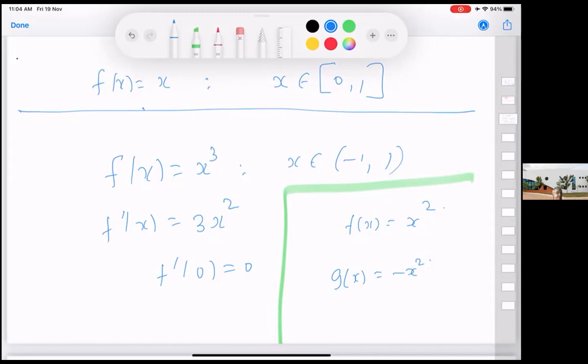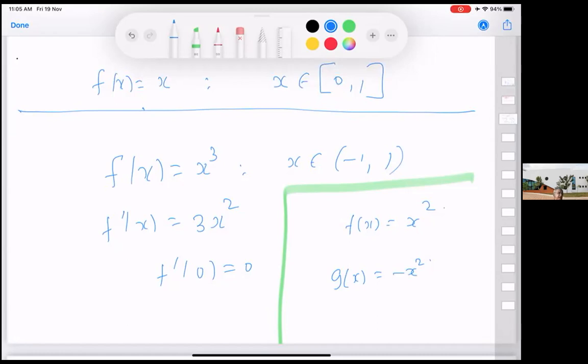Of course, by examining the function, by knowing the function, we know whether it is a maxima or a minima, and here that it is neither. How can we do it through a test? Because if a given function is so complicated, we can't figure it out. That is why we are trying to study how to do it from differentiation. So can we come up with some other thing which will firstly decide whether it is a maxima or a minima or something else? And if it is a maxima or a minima, how to decide which one of the two?